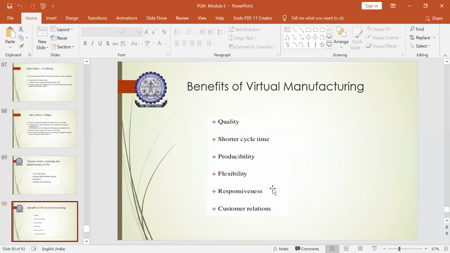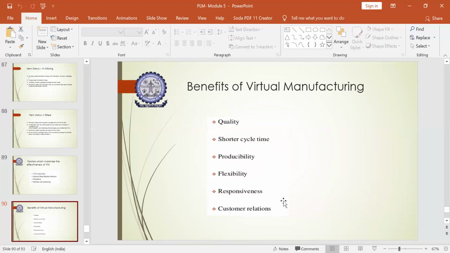The main benefits you achieve if you manufacture a product virtually are an enhancement in quality, a reduced cycle time for manufacturing, more producibility, and very high flexibility in modifications, changes and improvements. Responsiveness among the team people also will be good for making modifications if anything is suggested.